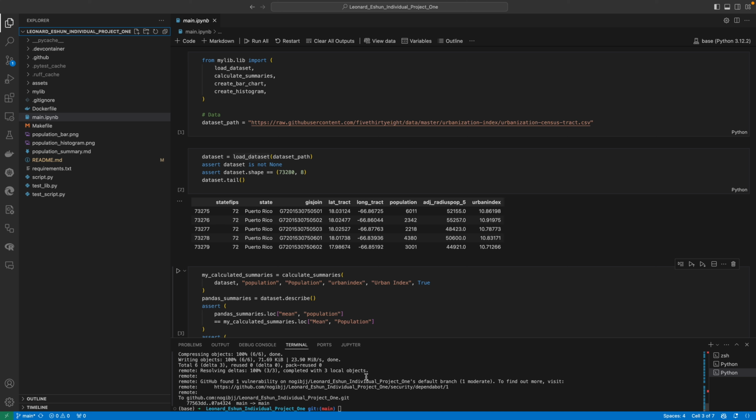Hello, my name is Leonard Deshain, and I'm going to take you through my code for Data Engineering Individual Project 1. The structure has